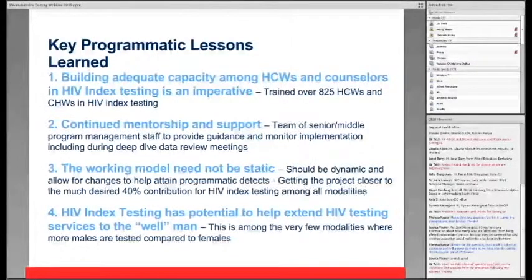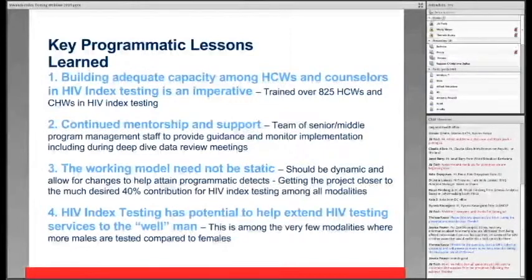Where we see particular challenges in certain areas, we go in and provide on-site mentorship to the providers as well as the counselors. Continued mentorship, like I've mentioned already, and indeed our working model does not need to be static. When we started off with HIV index testing, we never had this figure of 40% in mind, but we have